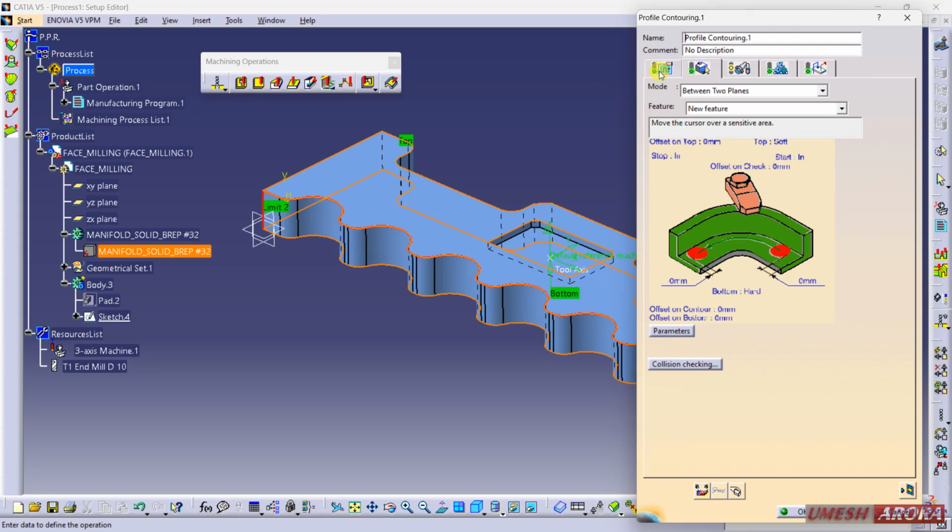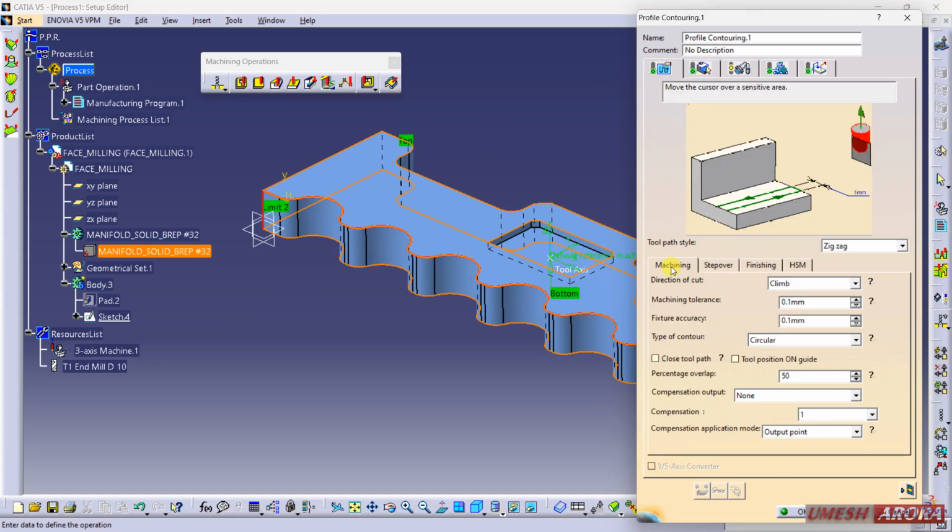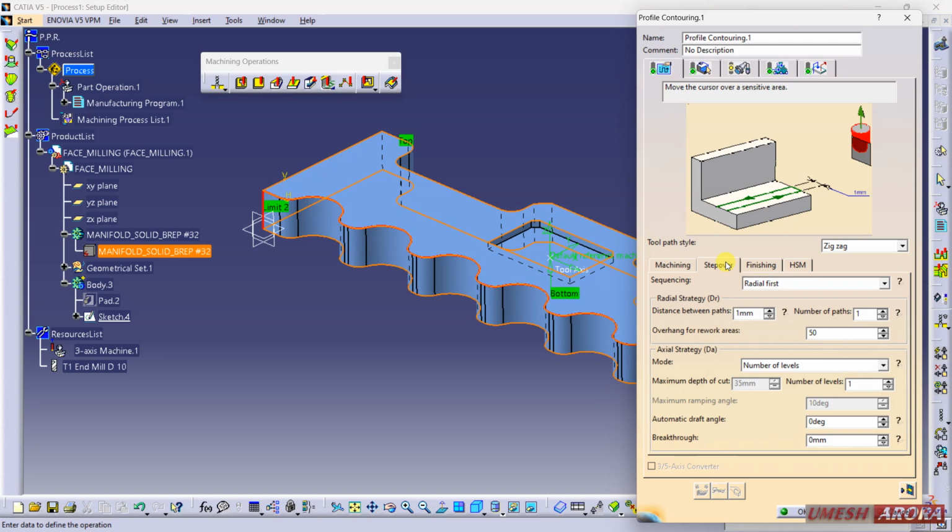Come to this strategy, and under strategy machining, this is the tolerance. And come to this step over, and here we have radial and axial both. So first I'm going to use only axial. So click here, and depth of cut I'm using 2.